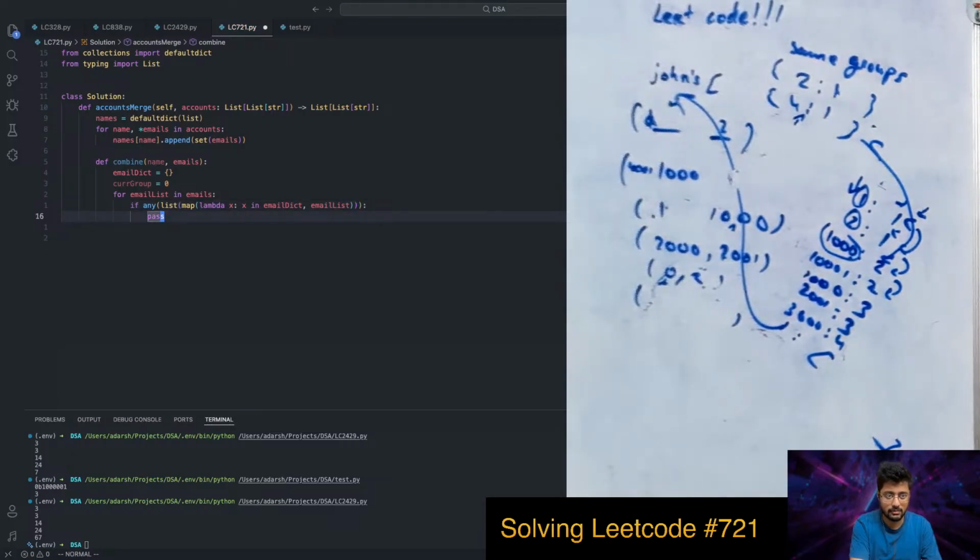A generator function is fine, but I would add a list. So if any of them,